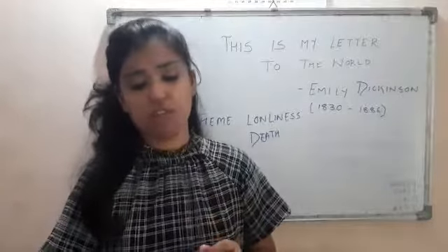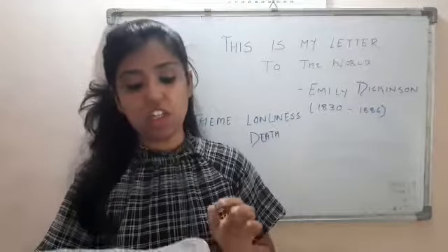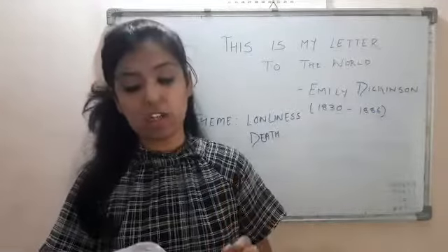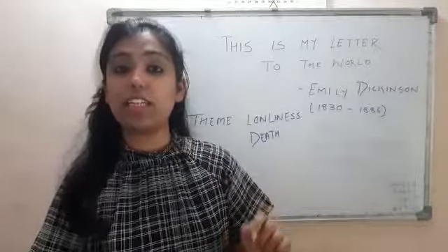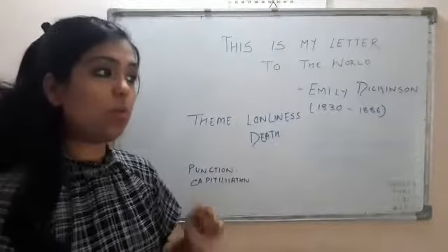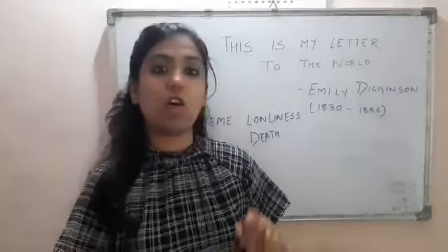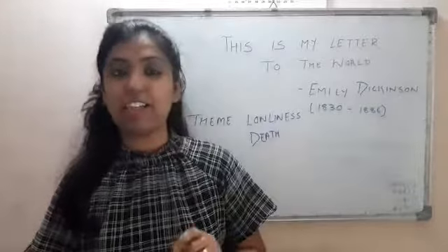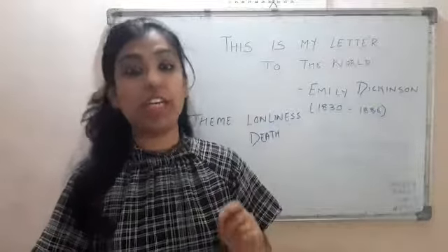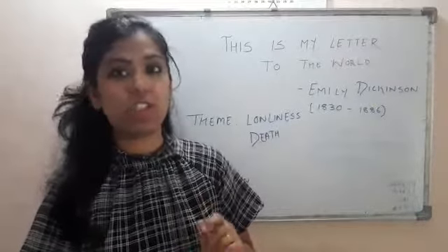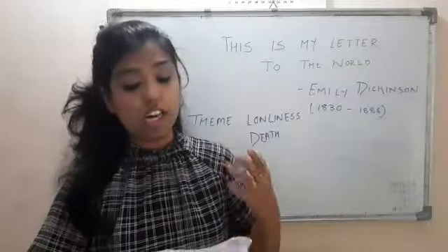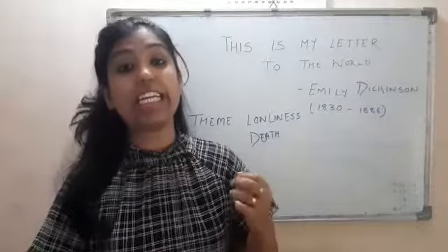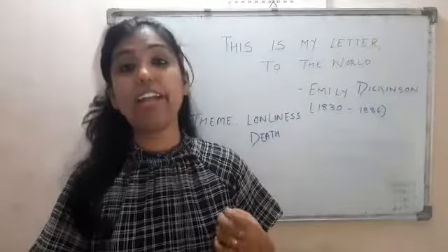For love of her sweet countrymen, judge tenderly of me. Now look at the line, it ends with the exclamation. If you look at the poems of Emily Dickinson, one of her specialities is her punctuation, capitalization and dashes in her poems. Now, she says that for the love of her, that means considering nature and her message,